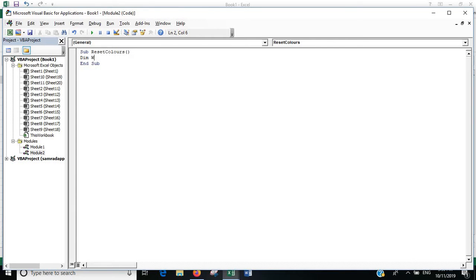The dimension WS as worksheet. Okay, so for each WS in our worksheet,